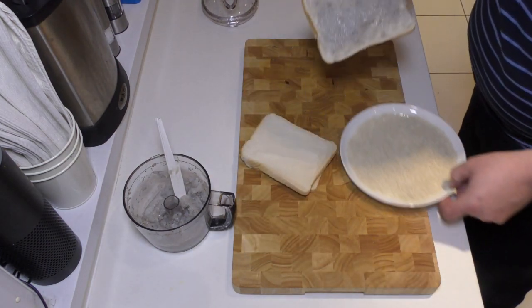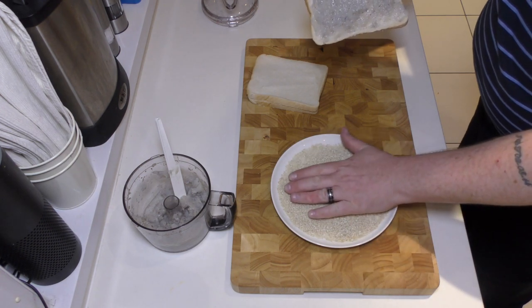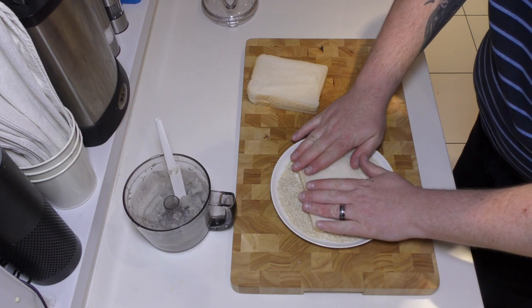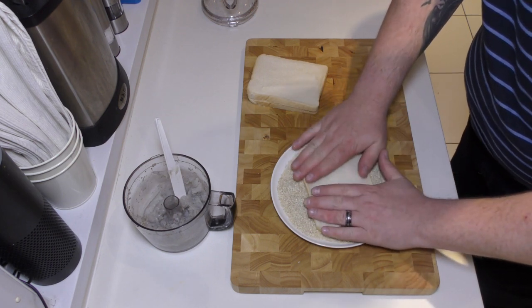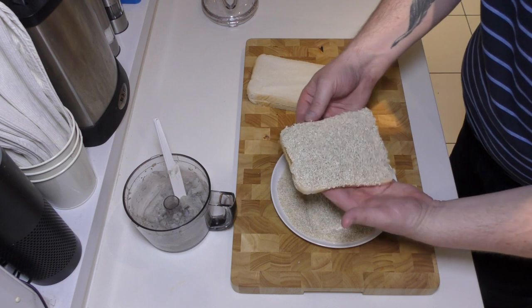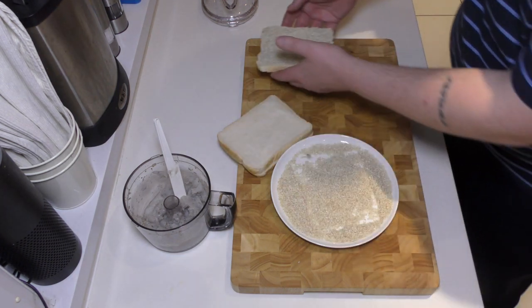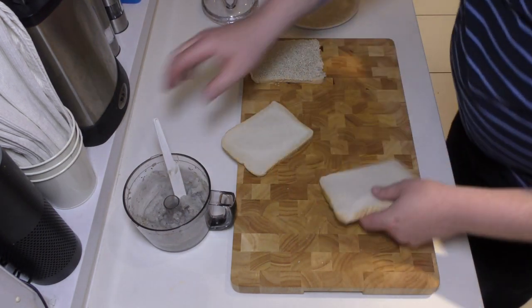Now all we do with this is bring our sesame seeds over, which I've spread out nice and evenly on a little plate. Place the bread face down into the sesame seeds. Give it a push, not too hard, just firmly. Bring it back up. And you'll find that that mixture has been completely covered with sesame seeds. Let's do another one,